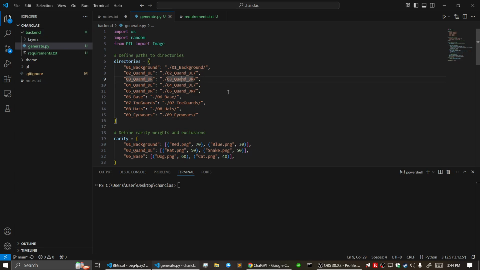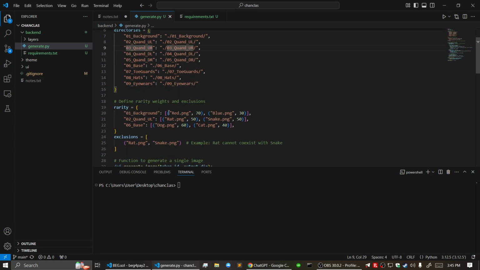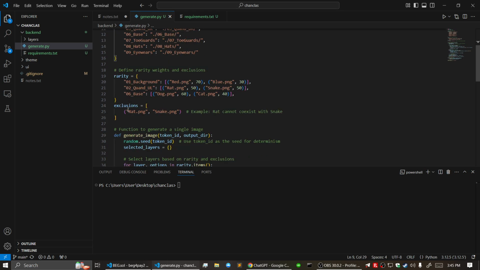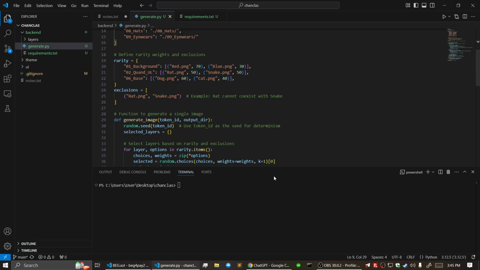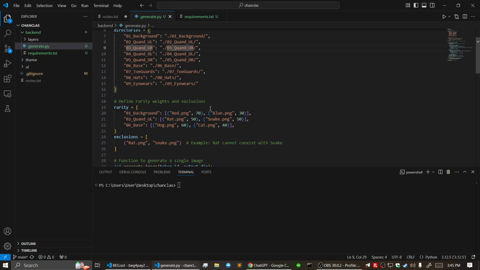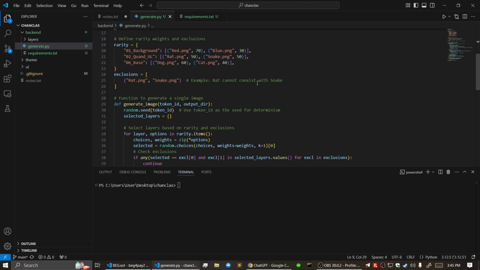Okay, so that's all the layers. Yep. Yeah, I guess we're gonna need to define all the images here. The rarity of it, I think it's gonna be in percentage. And we can also add the exclusion. Rat cannot coexist with snake. I don't remember the exact exclusion that you wanted, but